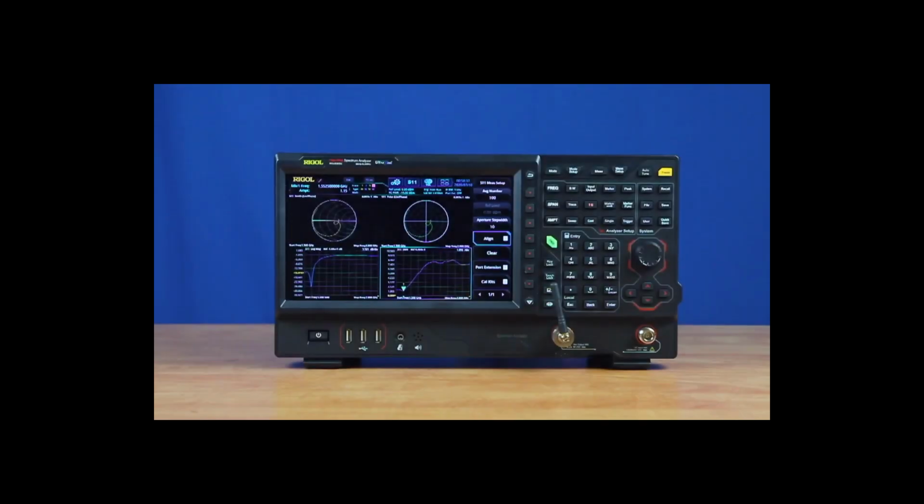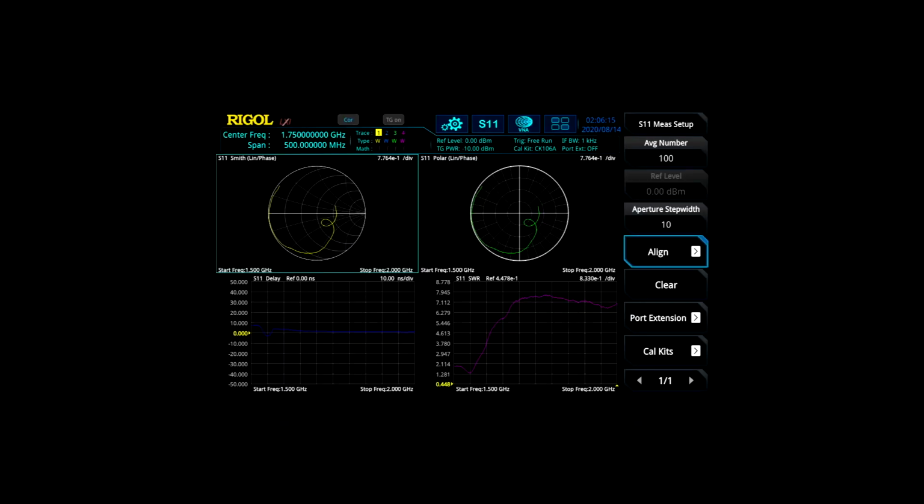S11, or forward reflection coefficient, allows engineers to quickly visualize and measure their component's response on a Smith chart and polar plane while measuring their component's magnitude and SWR. I've already gone ahead and calibrated our spectrum analyzer so that's set up for S11 measurements and is ready to measure our antenna. I've got our frequency range set from 1.75 gigahertz with a center frequency and a span of